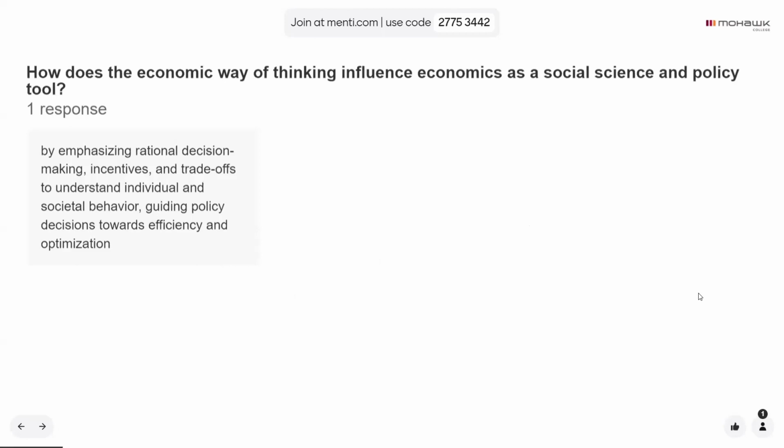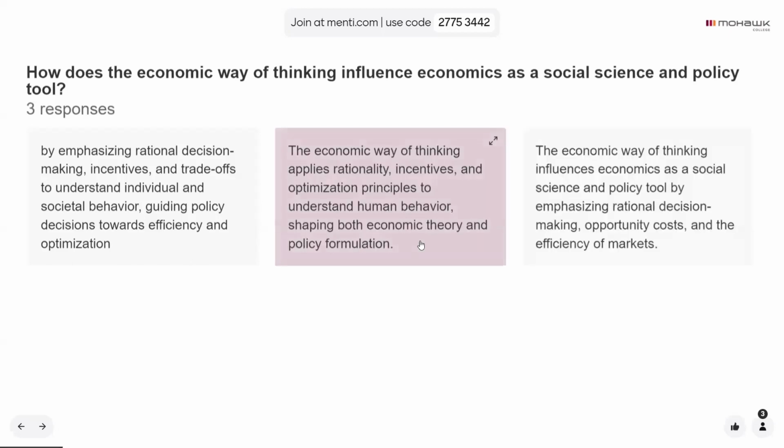By emphasizing rational decision making, incentives, and trade-offs to understand individual and societal behavior, guiding policy decisions towards efficiency and optimization. Yeah, good answer. The economic way of thinking applies rationality, incentives, and optimization principles to understand human behavior, shaping both economic theory and policy formation. Excellent. The economic way of thinking influences economics as a social science and policy tool by emphasizing